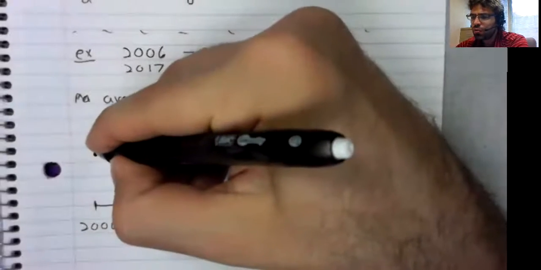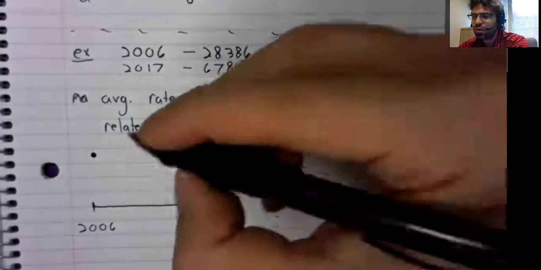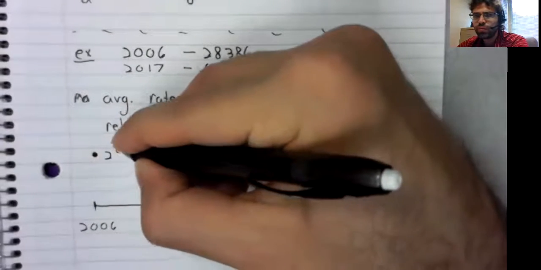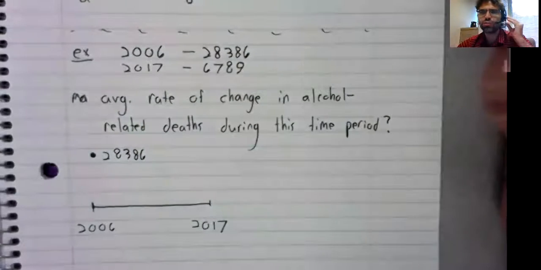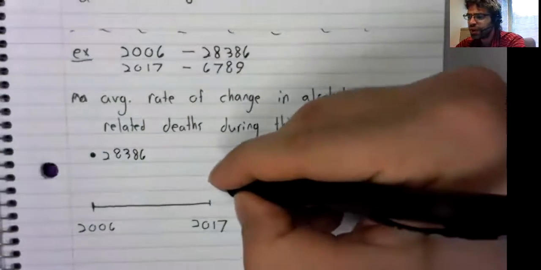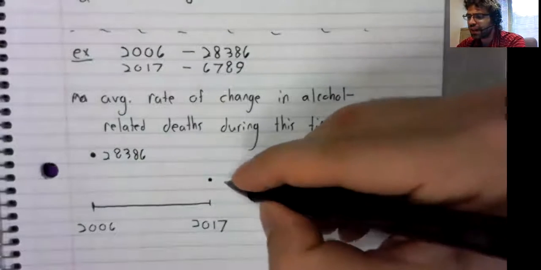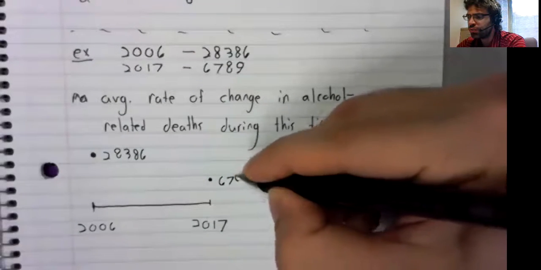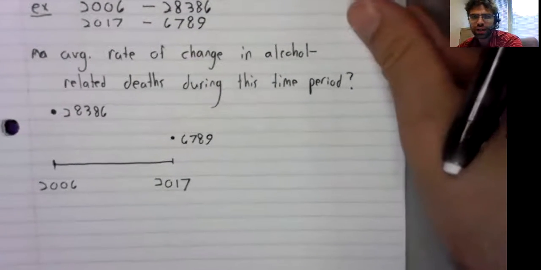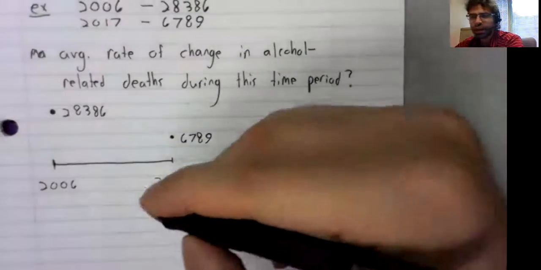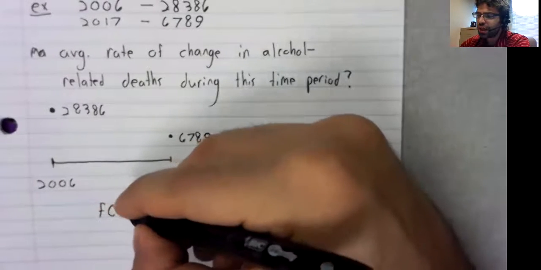We need to know how many deaths there were in the first year of this interval, which information we do have, and we need to know the number of deaths in the last year, which information we also have. And this is all we need to compute